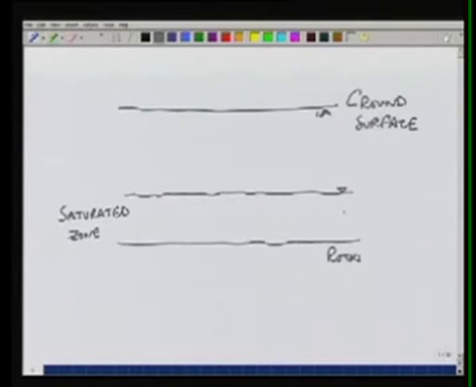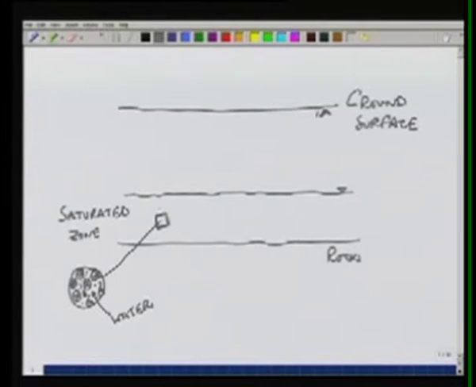And if we take a soil sample from inside this portion, the soil will consist of solid grains, and the remaining portion will be all filled with water. In other words, there is no air inside this zone, while if you go above the groundwater table,